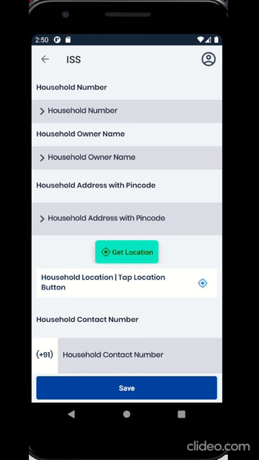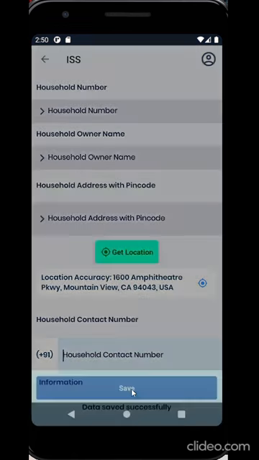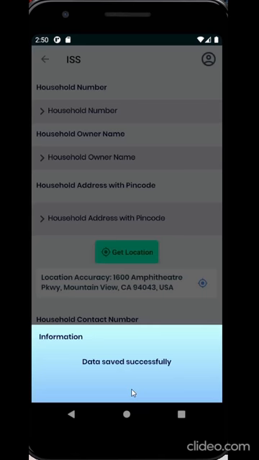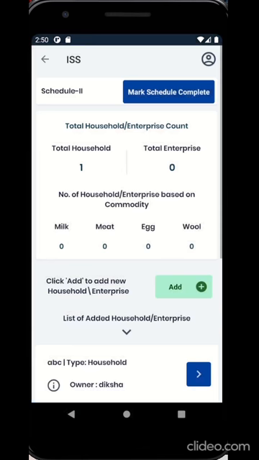After adding all the details, click on Save. The data is added successfully. Now the added household or enterprise is displayed on the household or enterprise list. Now click on arrow to collect detailed information of the household just added.